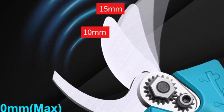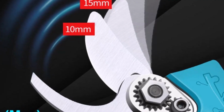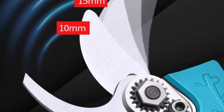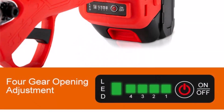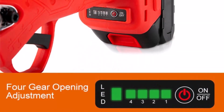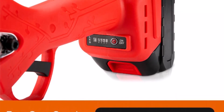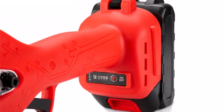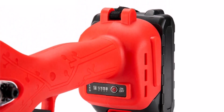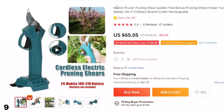One of the standout features of these pruning shears is their cordless design, which allows for greater flexibility and mobility while you work. You won't have to worry about being tethered to an electrical outlet or getting tangled up in cords. The electric motor provides a clean and precise cut, making it safer and more efficient than traditional manual pruning shears. With a rechargeable battery,